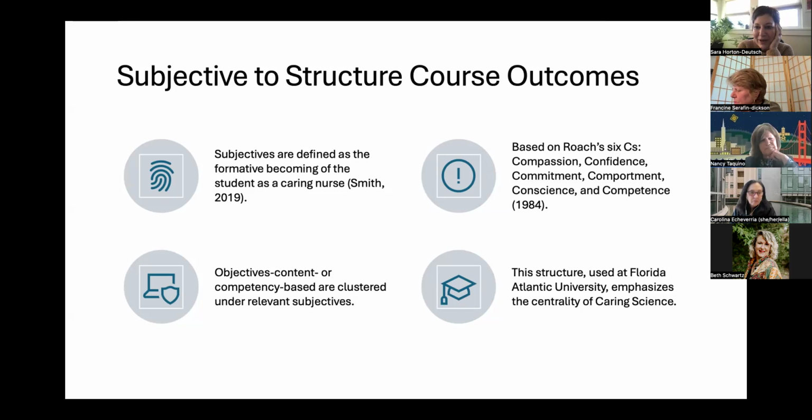So the outcomes, and I always remember in my graduate psych nursing course, we were always told if you take care of the process, the outcomes take care of themselves. And I think this sort of fits along that line of thinking. And so this structure is used at Florida Atlantic University because it emphasizes for them the centrality of caring. So the next slide,